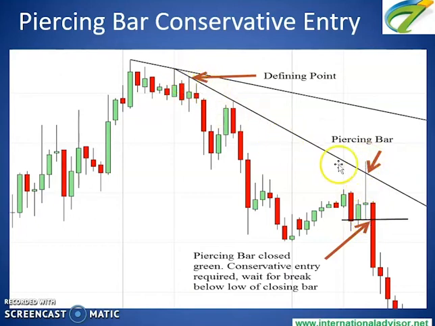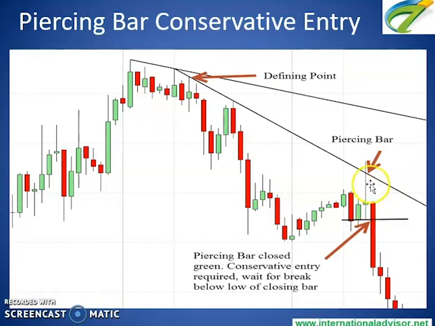This was a trend line redrawn. This was the initial trend line. We draw this another valid trend line based upon these two points, and this was another touch. Here it tried penetrating and breaking this point, but ended up with a large shadow, which is called a piercing bar. If there is such a situation, generally we enter on break of the line, but since we know a piercing bar is a reversal,